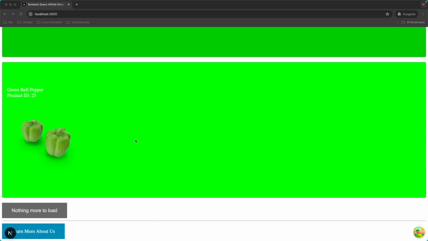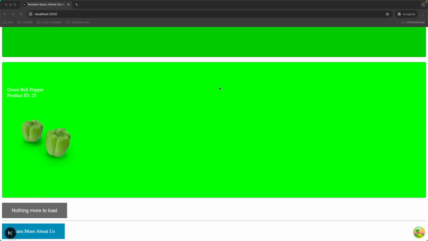In this case, just 25. So therefore, in essence, I'm using the TanStack Query useInfiniteQuery hook to work with the API to give us